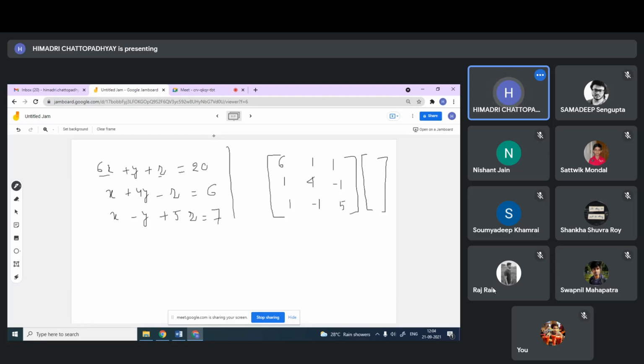This is the other part, xyz, and the answer is 26 7. The product is. So you can solve directly by determinant, solve by Gaussian elimination, but there is also an iterative method, because sometimes for a large system, iterative methods are maybe faster than the direct algebraic method, because the method we are discussing is non-iterative.